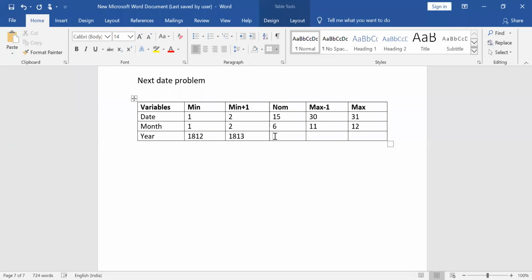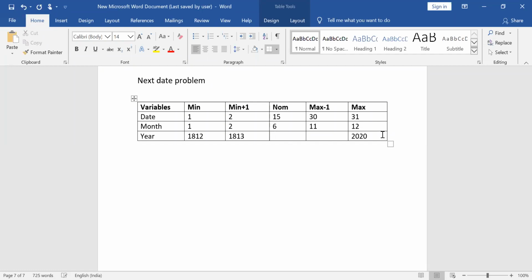The nominal value purely depends on the maximum value, where you want to take it. If you want to take it with respect to 2012, as they have given in your textbook, it will just have a mid value. It will be around 1912 as the mid value. So purely it depends. You can just change this particular value to 2020. Once you change it, you need to change this particular value also.